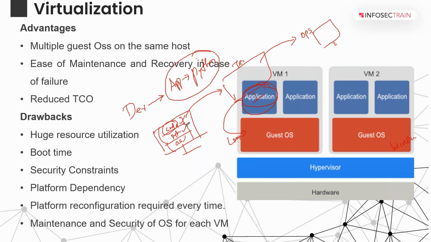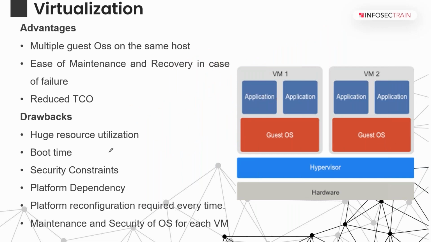Now comes the worst part. We have a developer who developed this application using the Linux OS. He has developed the application in Python on a Linux operating system. But your client is using Windows Server. So what happens there? There is a platform incompatibility, right? Like this, there are many challenges if you use virtualization. All these things are solvable, but still it takes a lot of effort and time.